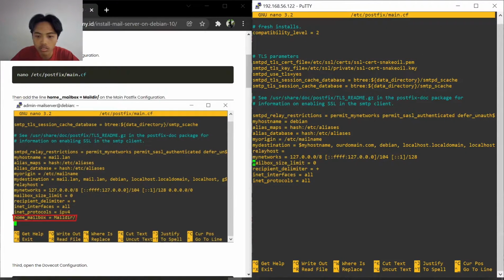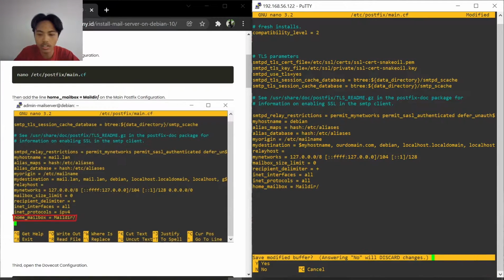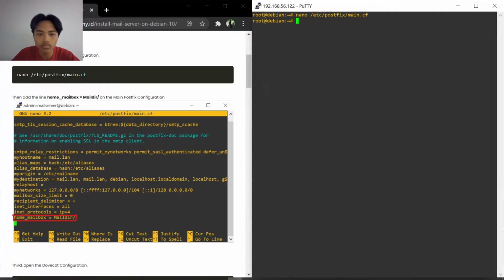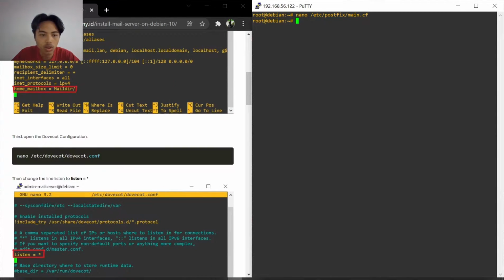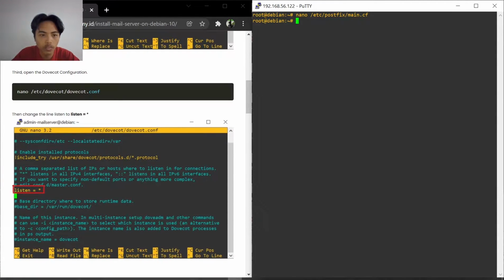We scroll down and write home_mailbox = Maildir/. Ctrl+X, then yes, enter.